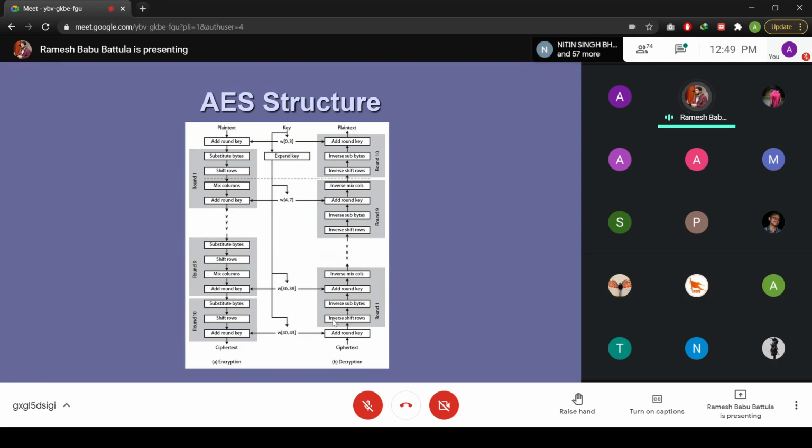So you have to find inverse shift rows, inverse substitute byte operation, and inverse mix column operation. This is the decryption process. In DES, whatever we performed, we completely reversed it. But here it is not like that. A slight change is there. And in DES, there is no mathematical usage, but here we are using some mathematical concepts.